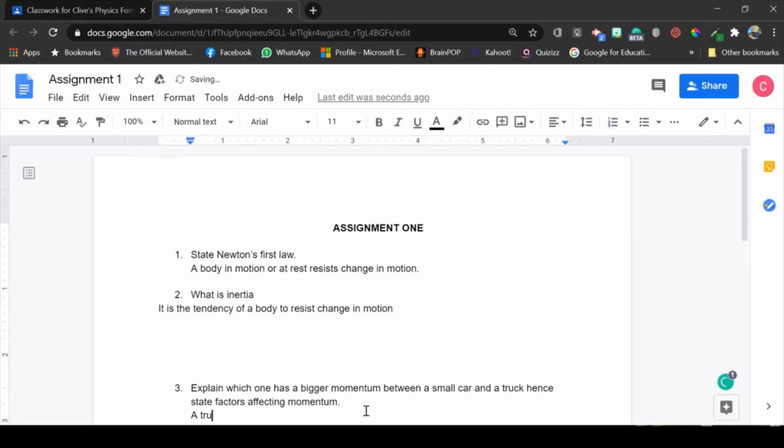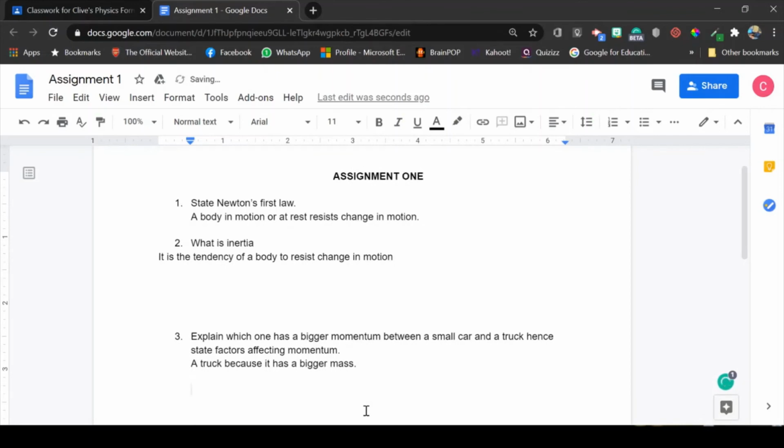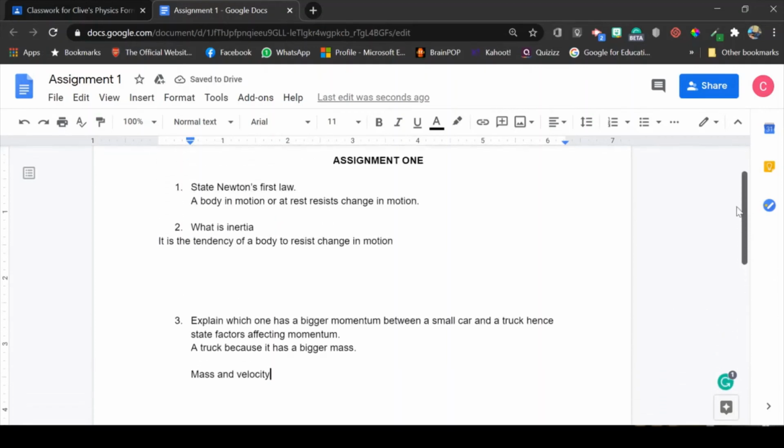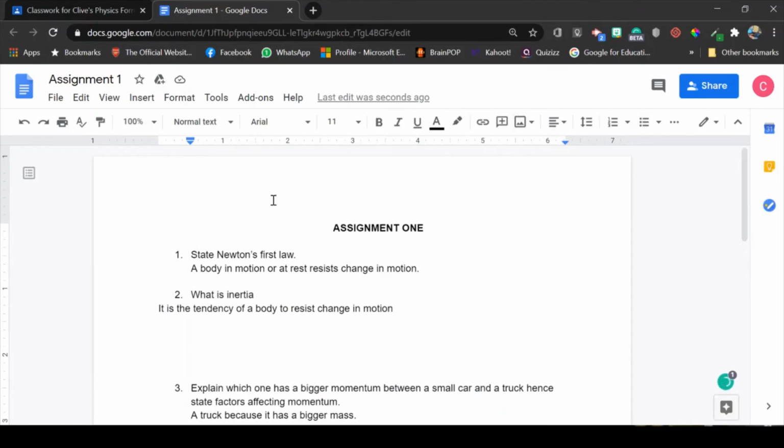A truck, because it has a bigger mass. Factors affecting the mass and velocity. So assuming the learner has done that, has finished, since the document automatically saves itself,